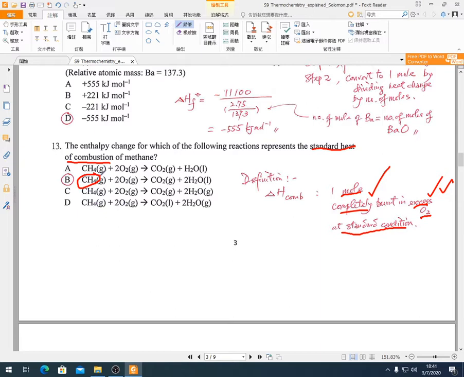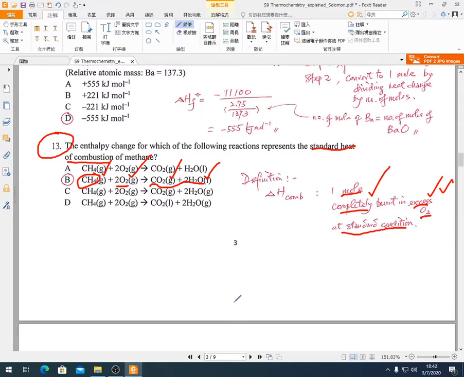So the methane at standard condition is a gas, and the oxygen under standard condition, which is 25 degrees Celsius, which is 298 K on the Kelvin scale, and 1 atmosphere pressure. So you burn completely. The product would be CO2 gas, which is the standard state, and then water will be in liquid state. Okay, then this is the definition. There's nothing difficult. I just wanted to remind you about several definitions: heat of combustion, heat of formation, and then